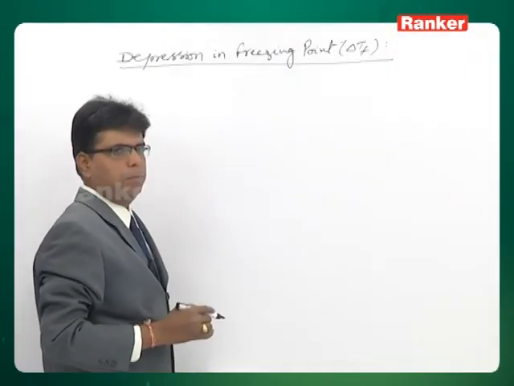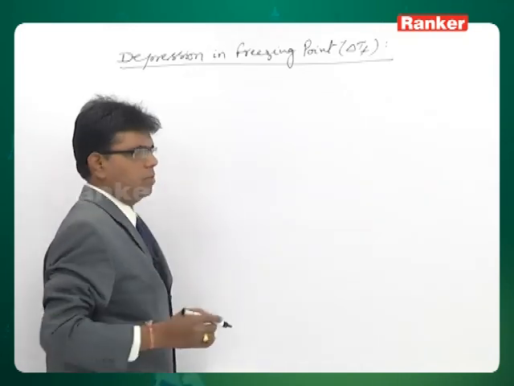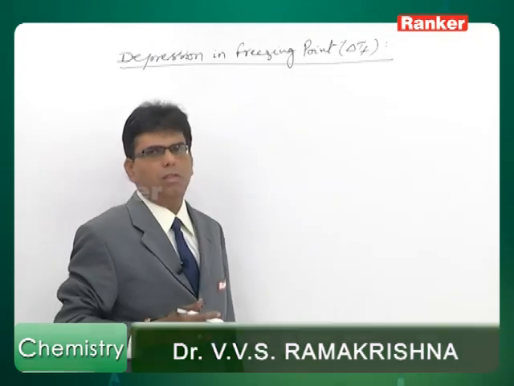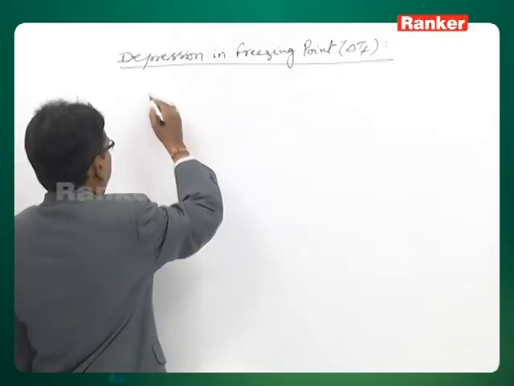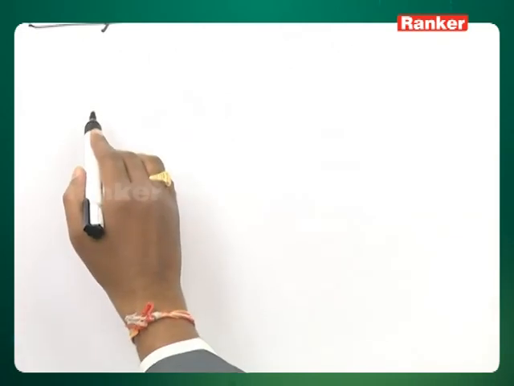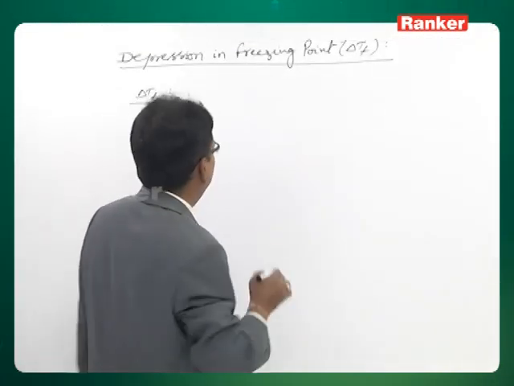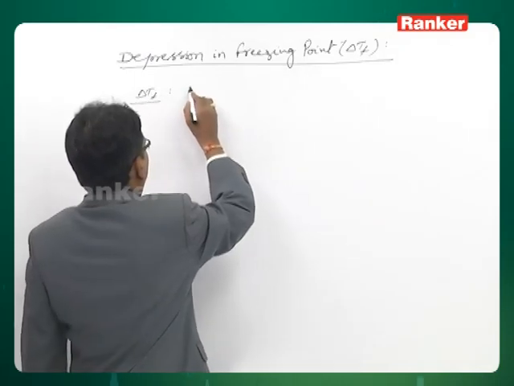Let us discuss depression in freezing point. The concept here is almost the same way that we discussed it for elevation in boiling point. When it comes to the definition of depression in freezing point, delta TF is defined as the